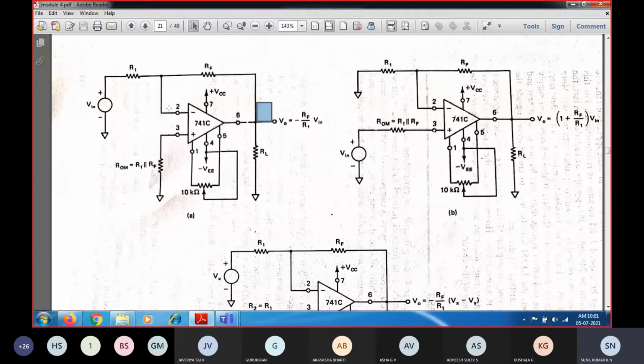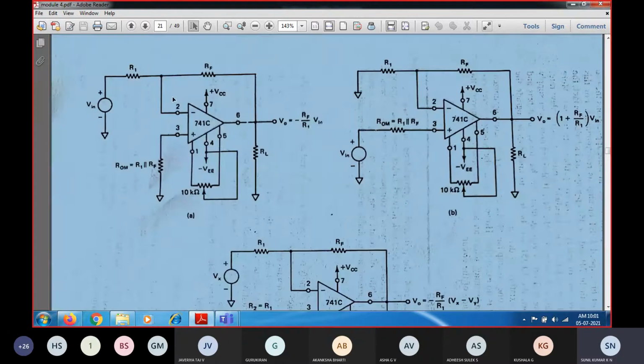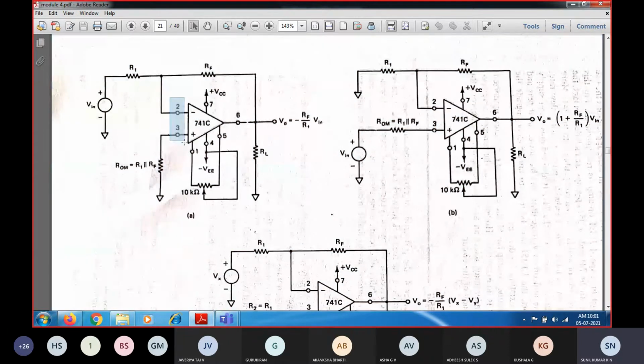If there is any offset voltage present at the output, it shows up like this: suppose I do not apply any input voltage at terminal 2 and terminal 3, and simply connect the power supply. If there is no voltage applied across the input terminals, you should get the output voltage to be 0. If you are getting any output voltage, that output voltage is called the offset voltage, because it is not actual, it is a biased voltage.